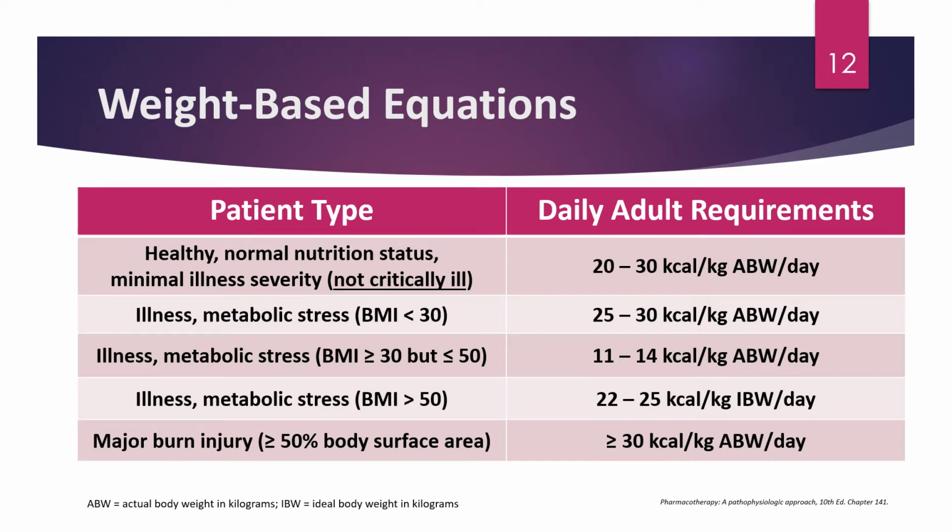Patients who are more metabolically stressed and have normal BMIs or BMIs less than 30, overweight or normal, or underweight, will need 25 to 30, so at the higher range of that normal end. If you have a burn injury, it's higher than that. And if you have patients who are obese, there are alterations there also. Keep in mind that all of these are measured in actual body weight, except for this last one, the BMI